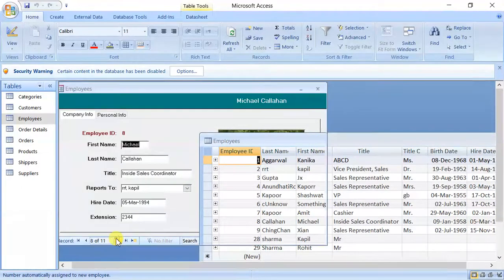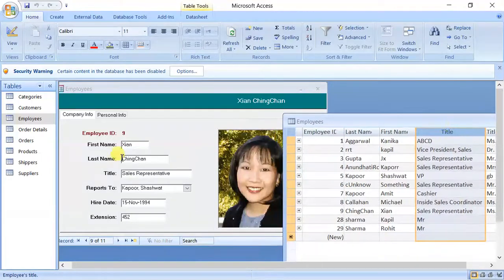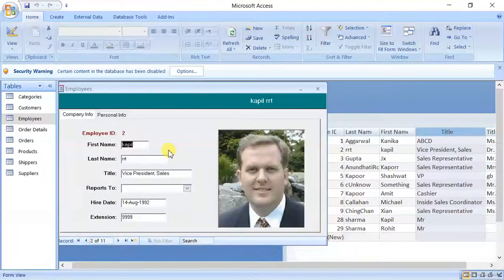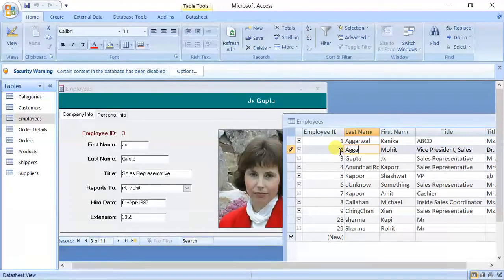So if I type here, the data will change here. As you know, I have shown you this earlier also. Suppose let us go to data number, maybe something Kapil. Let us change it to Mohit. As soon as I change it, it will be reflected. As you can see, it has just now changed. And if I type Mohit Agarwal or Mohit, let us do it Sharma.